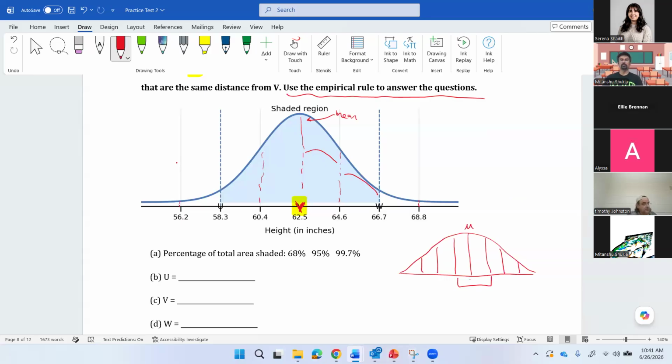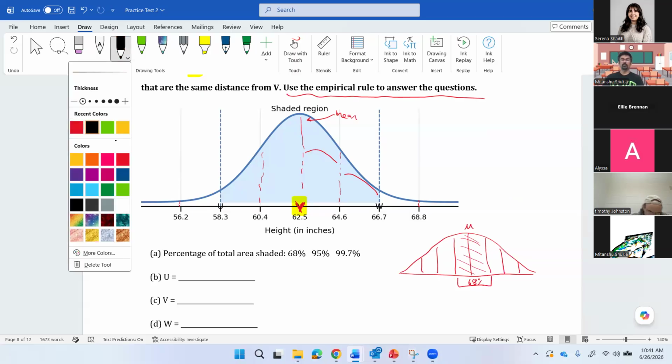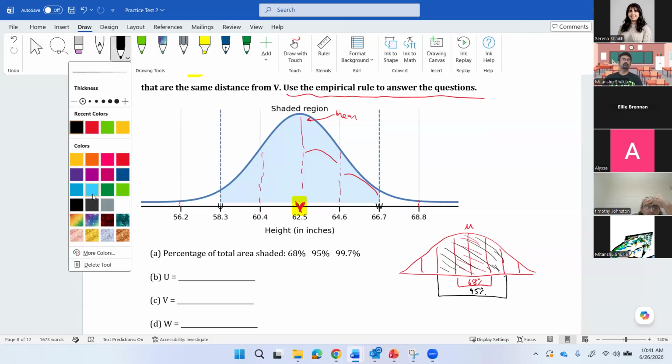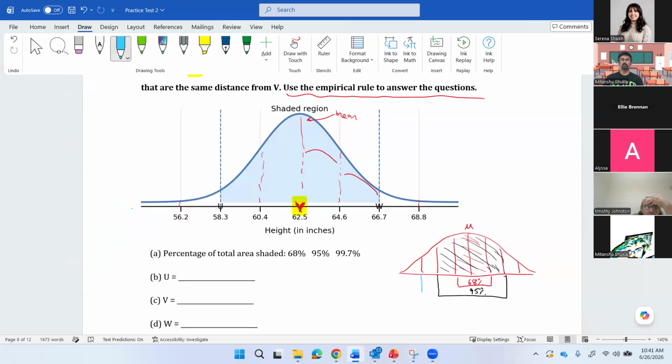So this is the middle 68%. It also tells us that two standard deviations away from the mean is the middle 95%. And it finally tells us that three standard deviations away from the mean